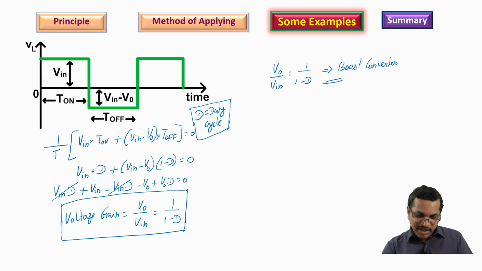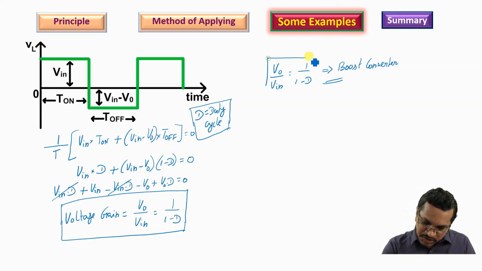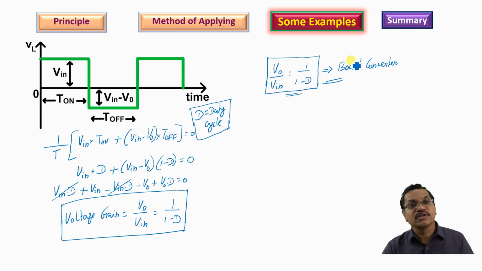So, we have now come across a case where we were given the waveform for voltage across the inductor, and then we applied again the same principle. We ended up with the expression for voltage gain. Of course, for this, we are in a position to find out the type of the power converter as well. This is the way we apply the concept of volt-second balance for finding the expressions for voltage gain. I will discuss a few more interesting facts about boost converter in the subsequent video.